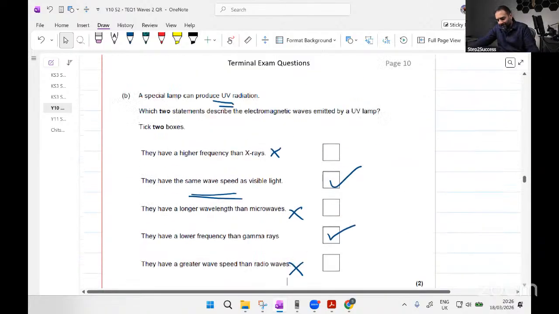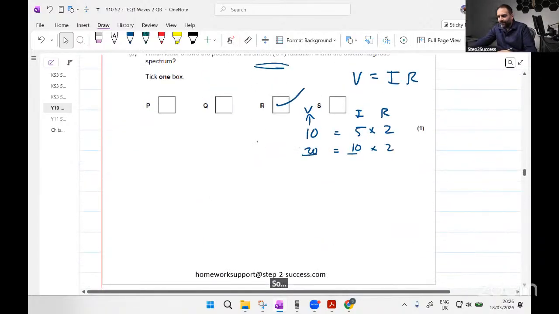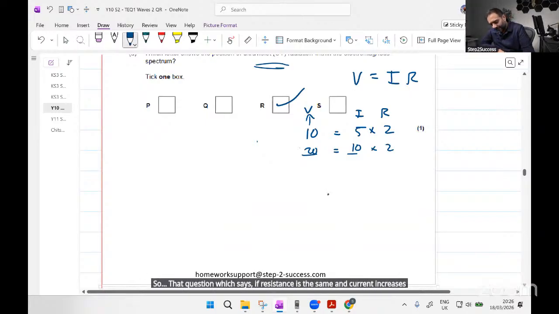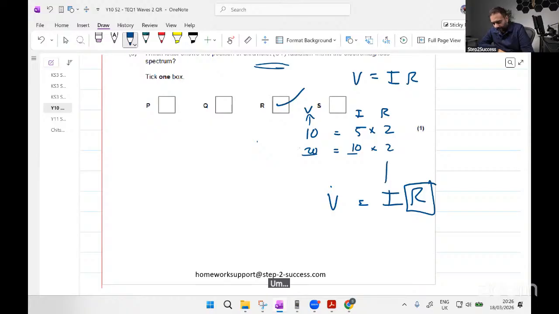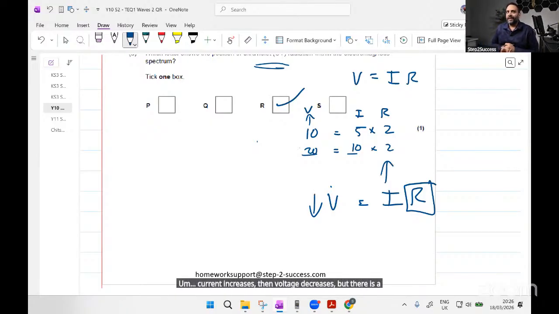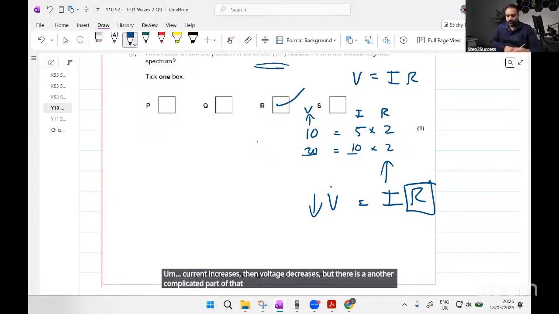So, that question, which says if resistance is the same and current increases, then does voltage decrease? Based on this formula, yes. So if resistance stays the same and current increases, then voltage decreases. But there is another complicated part of that, which is to do with transformers. But yeah, in answer to your question, yes, if resistance stays the same, and